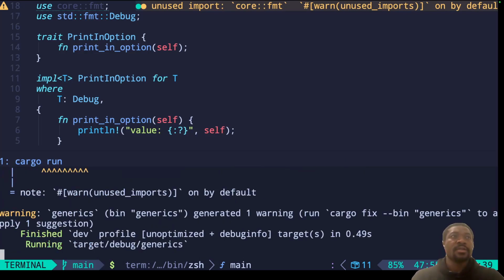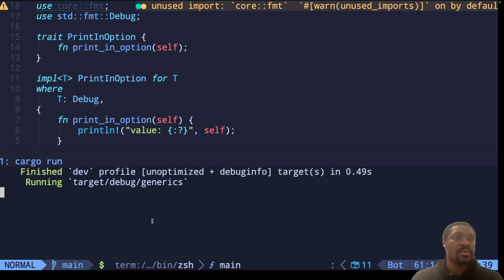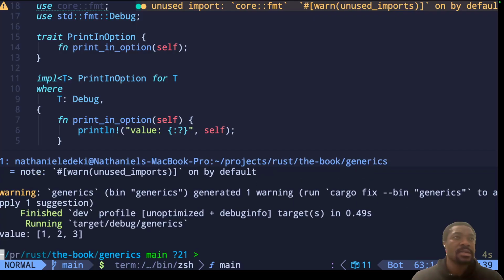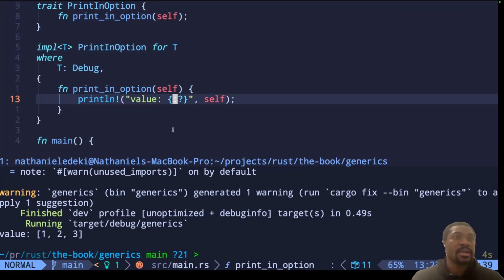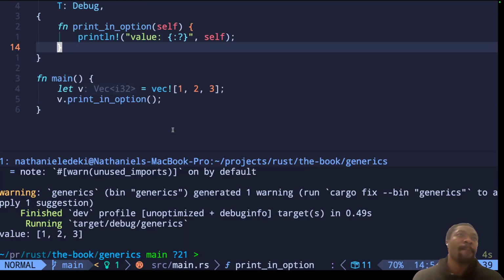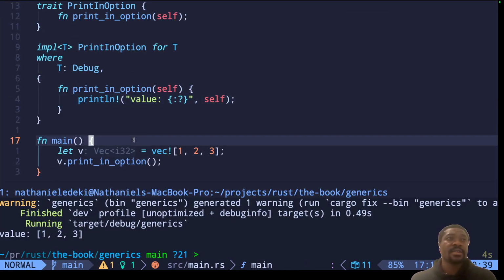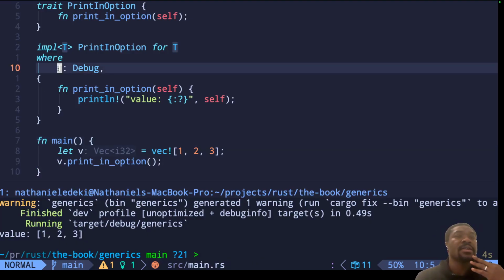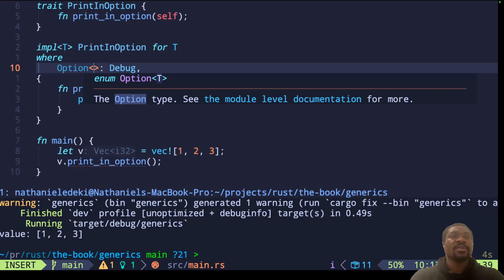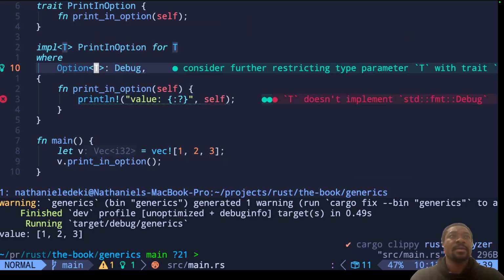If we try to run this, we would get that. However, that's not the exact same example that they had there. This works because this is already printing an option anyway. So we want to print an option. We can then say that Option of that type implements Debug. If we change that and say where Option of that type implements Debug,